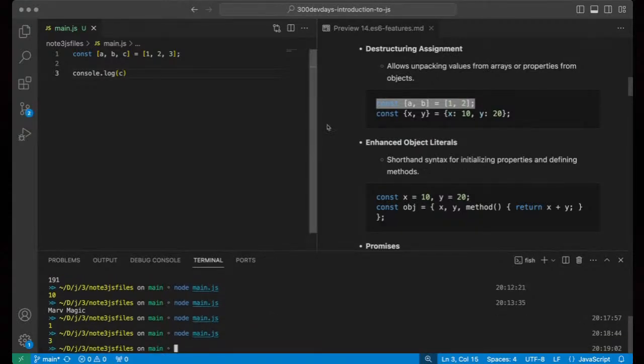Does that make sense? Are we following? Please let me know if you're confused about this. We're basically doing some mapping here. We have an array of values, and we're trying to assign each one of those values to some variables, and we can simply create an array of variables. This will automatically create that mapping. So A, the first variable, maps to the first value, and it performs that mapping up to the last item. Okay.